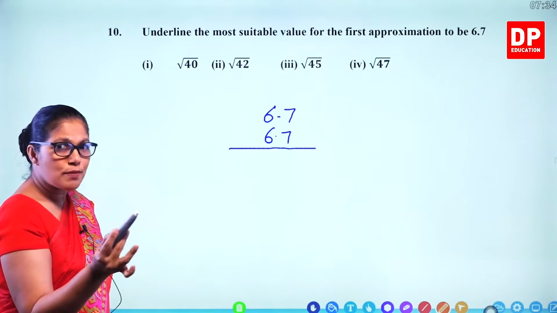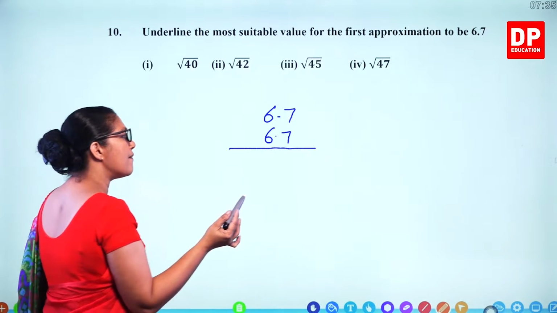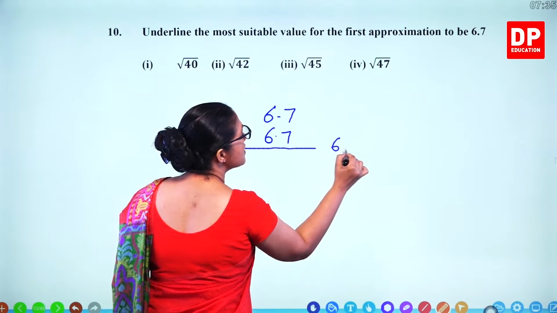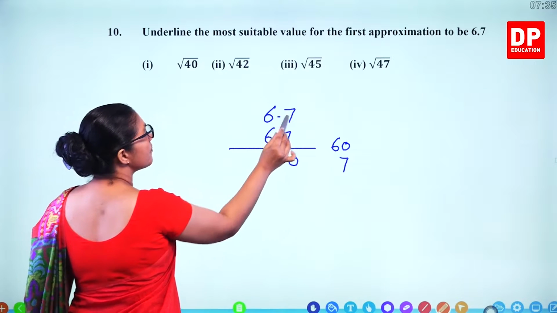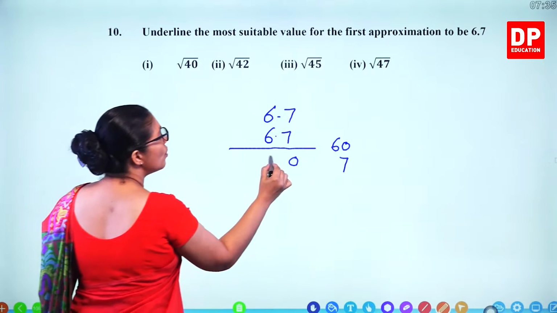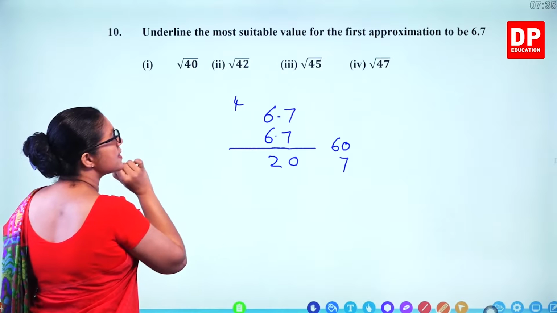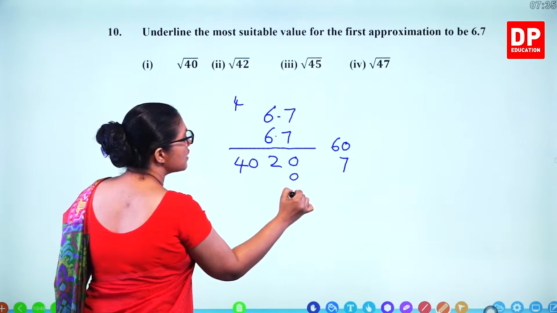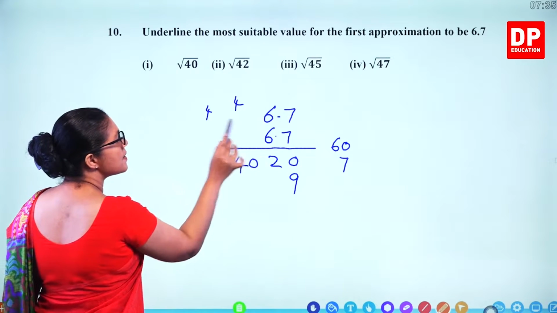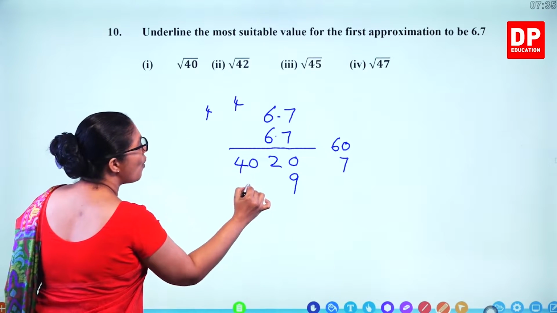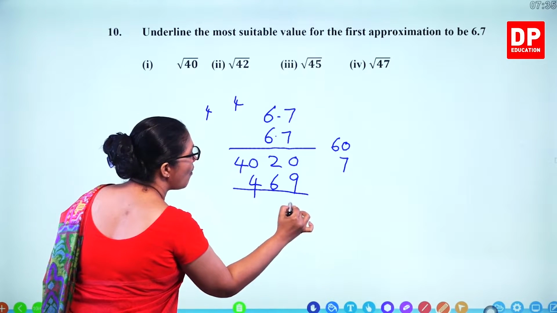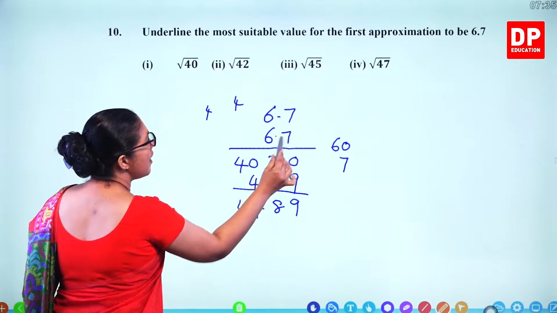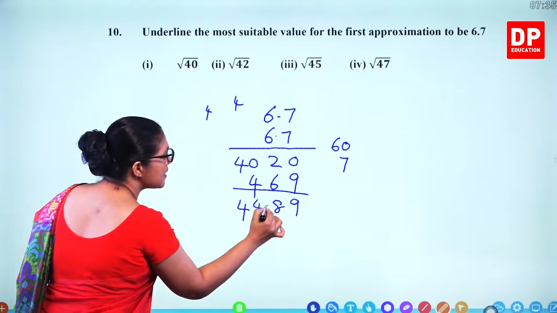Ignore the decimal and just multiply 67 times 67, and then think about the two decimal places. So 60 and 7: 6 times 7 is 42, 4 remaining; 6 times 6 is 36, plus 4 is 40. 7 times 7 is 49, 4 remaining; 7 times 6 is 42, plus 4 is 46. Now add it: 8, 4, 4. And now you can keep two decimal places,